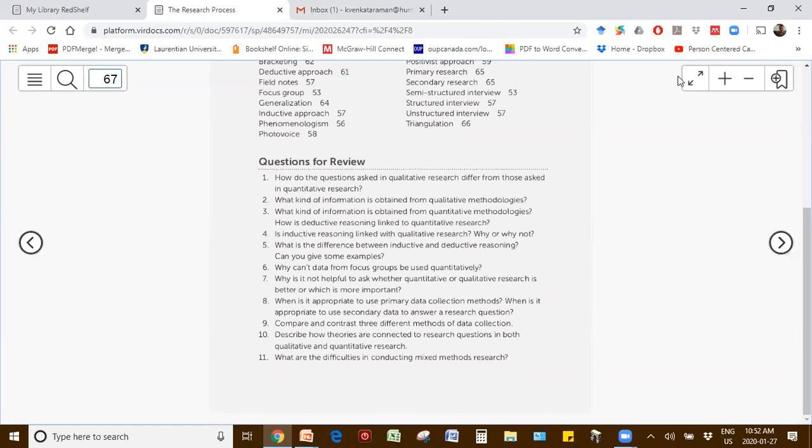Compare and contrast 3 different methods of data collection. If I asked this question, I would probably give it at least 6 marks because there's enough meat in there to answer. Because this question is as broad as it is, there are many ways to answer this. You can have 3 different methods of qualitative data collection. You can have 3 different quantitative. You can have 1 qualitative, 2 quantitative, 2 qualitative, 1 quantitative, doesn't matter.